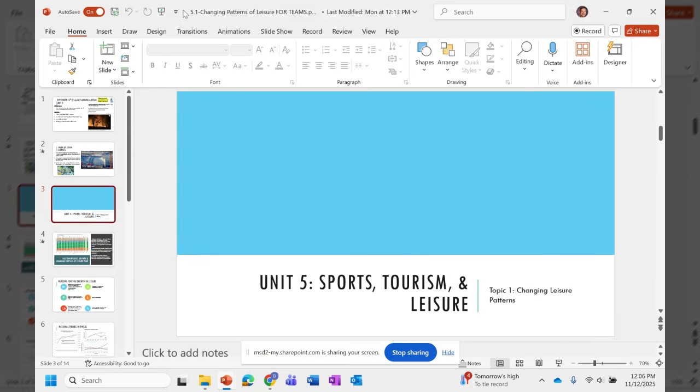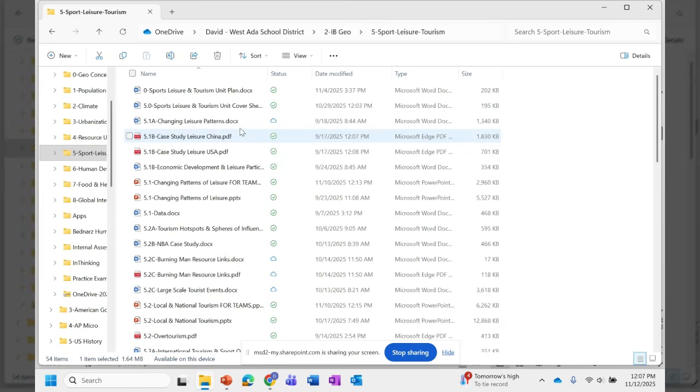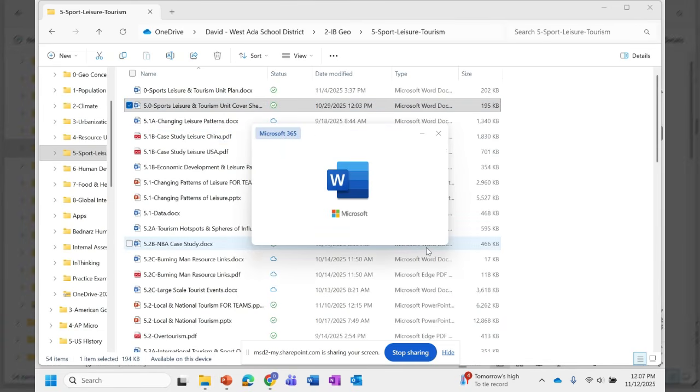So I'm going to run through these slideshows. I already put them in Teams. They are the modified versions that are specifically for studying and cut out a lot of the warm-ups and the breaks and all that stuff. Also, real quick, if you go to the cover sheet, this gives you all the things that you need to know.